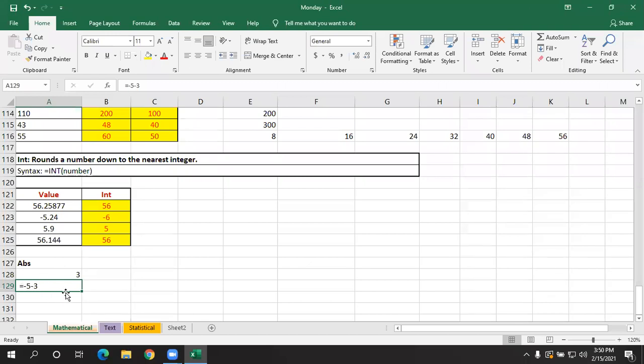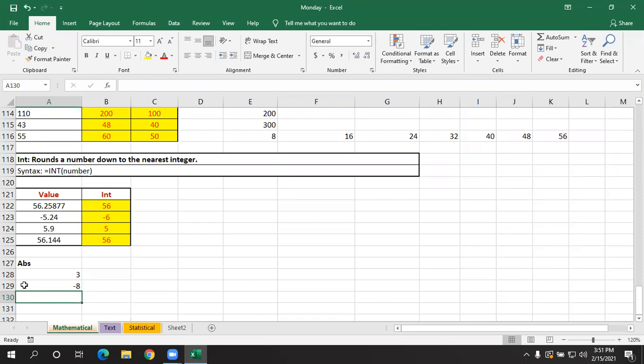And if you perform minus 5 and minus 3, the answer will be minus 8. But whenever you perform any calculation and you're getting a negative value, if you want it as a positive value, we use the ABS function.